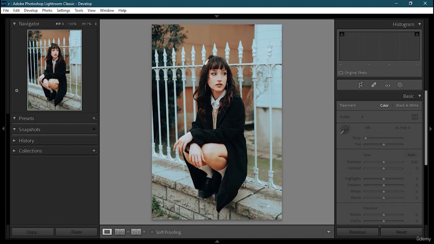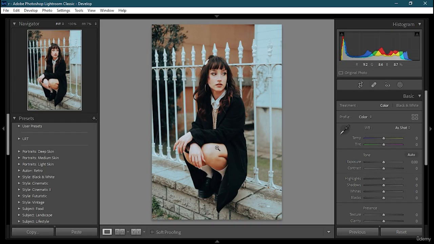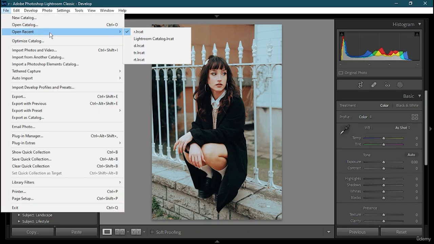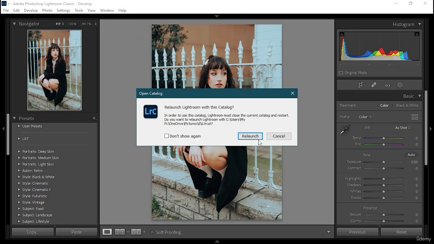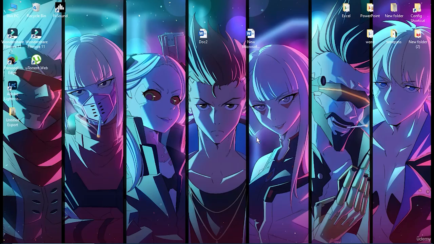Okay, so what you can see is that it has saved my data. As it has saved my data, what I'm going to do next is obviously export. But you can also do another thing, like opening up a new catalog. Let's say I'm going to open up D.lrcat. I'm going to click on relaunch. It's going to take some time,